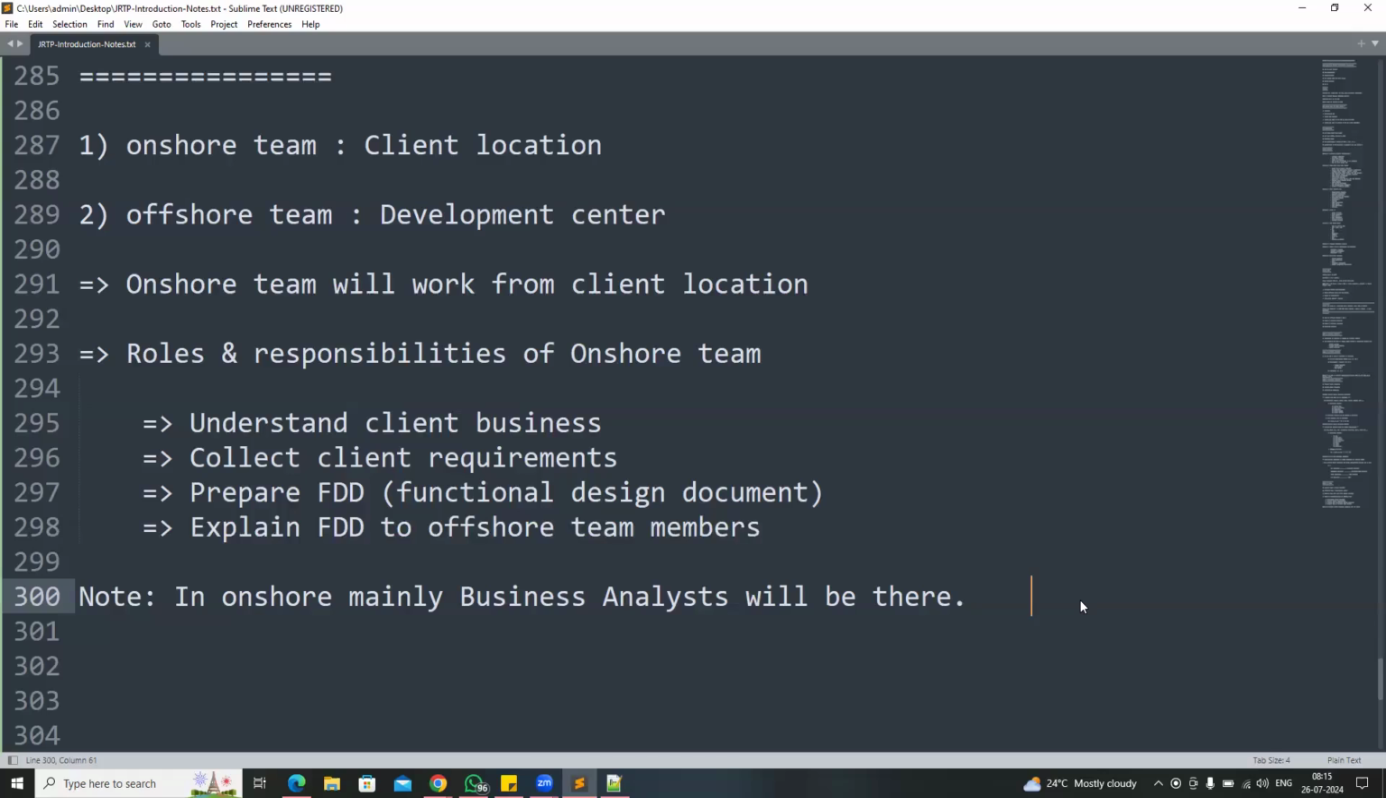So they will interact with the client. They will get the requirements from the client. They will design the requirements, and they will document everything, and they will send it to the offshore people. Perfect. Now coming to